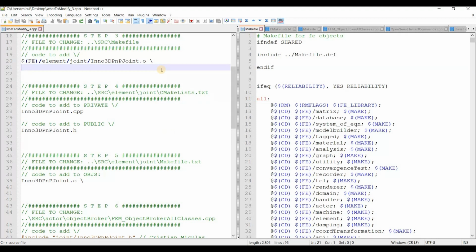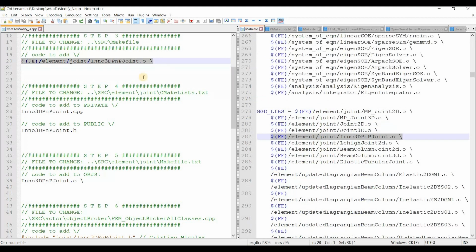As you have already noticed, I added 2 views in Notepad++. On the left side we will see the file that I created and which contains the required modifications, and on the right side we will look at the existing code files. Next I will highlight on the left side the code that needs to be added, and on the right side I will highlight where that code was introduced. Step number 3,